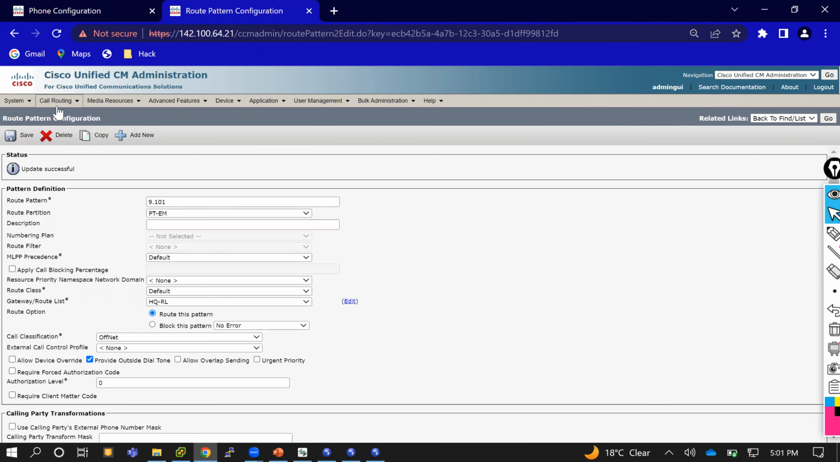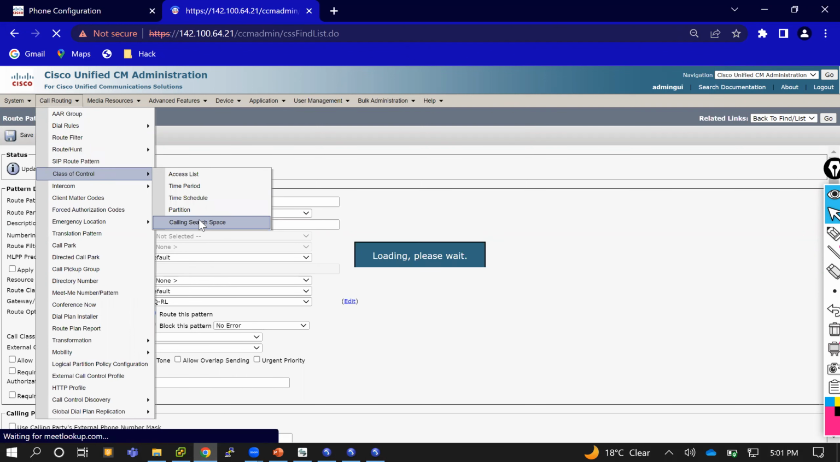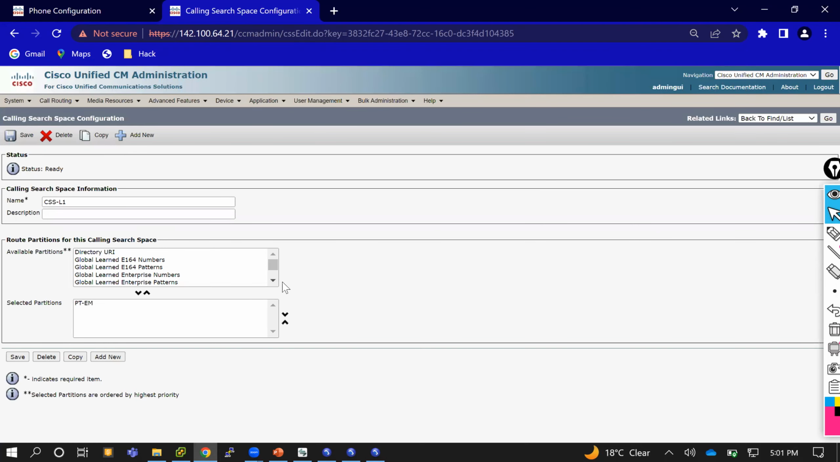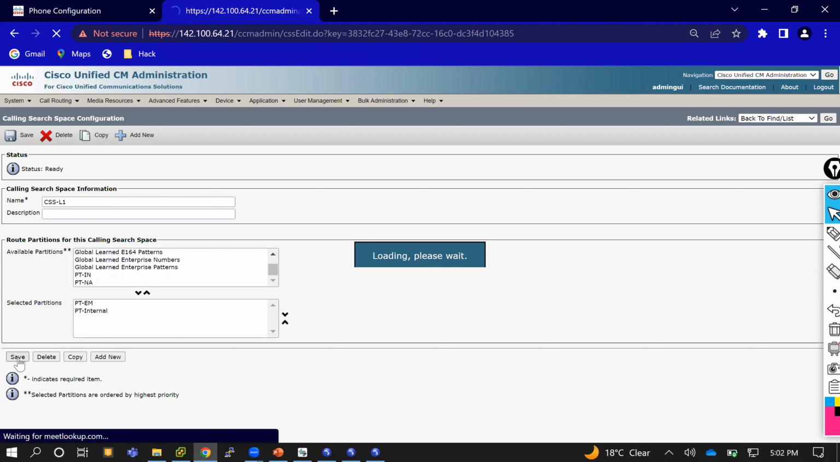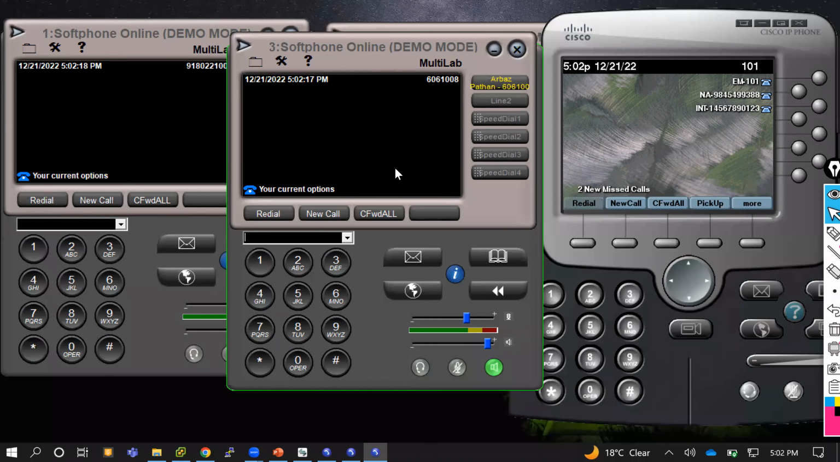Now you go to the CSS. CSS L1, also associate the internal partition, PT internal, and save this one. Now CSS L1 has the internal partition and the emergency partition, right? Yes or no? Now in this case, if I go to this Arbaz phone, I can dial internal